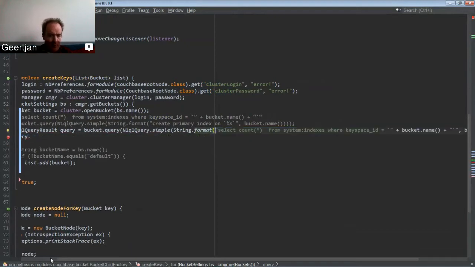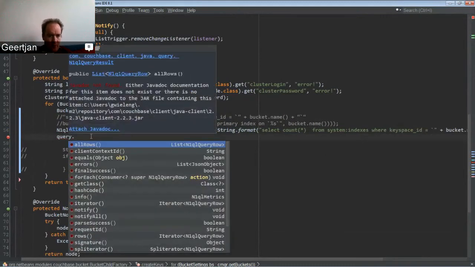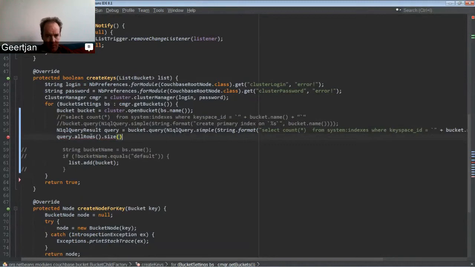So must I cast this query to an int or something, or do I do all rows and then length size? So if it's bigger than 0, then it's indexed, and if not, it's not indexed. Okay. Well, I guess if you're going to do it that way, if you're just going to look at the size of the result, then you don't even need the count parentheses star.